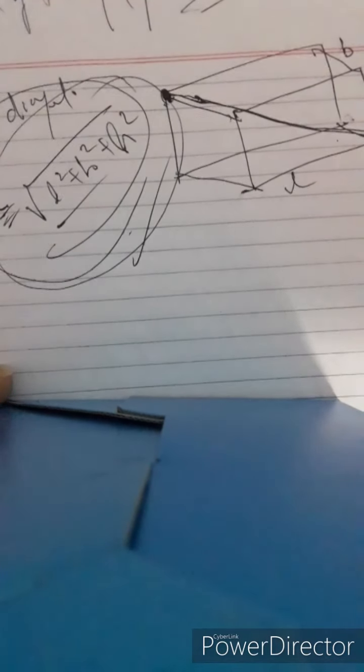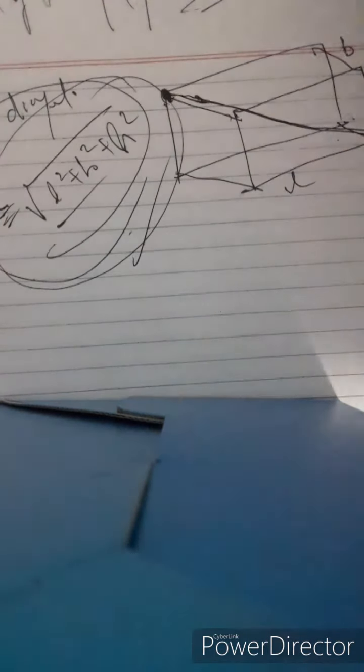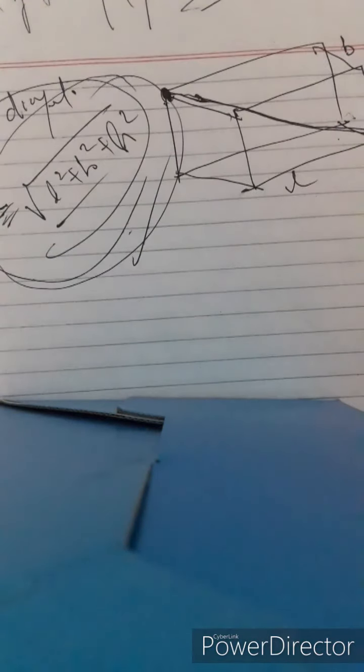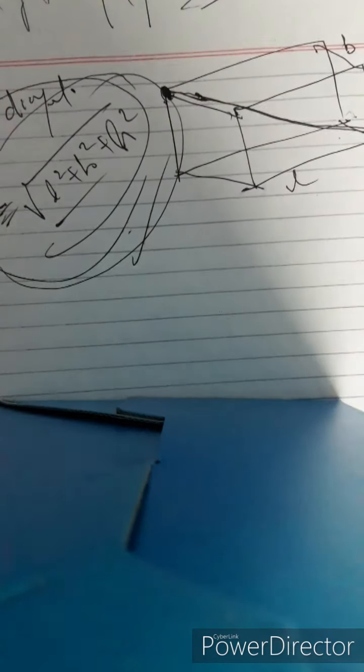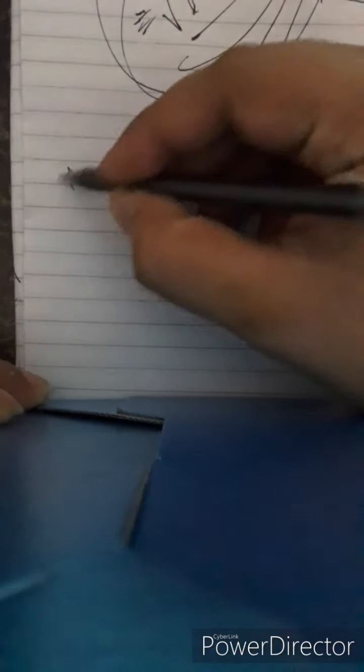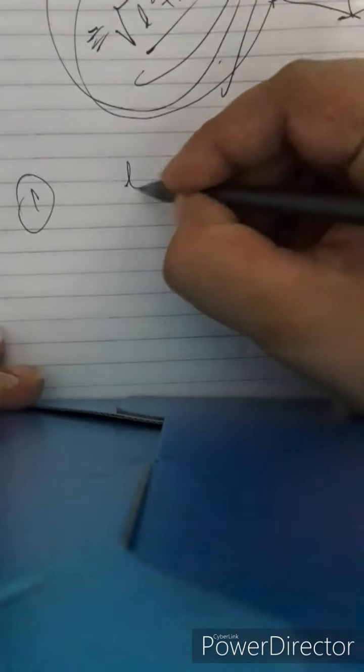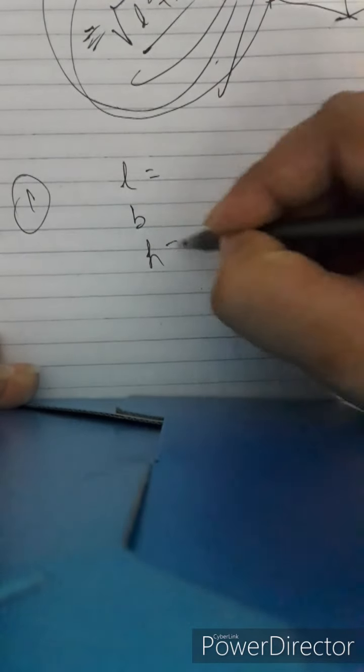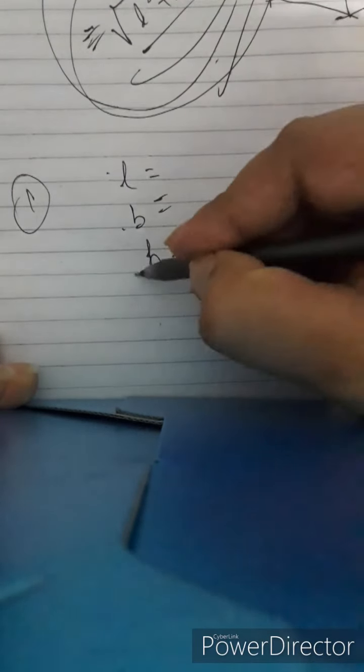Now let us take a look at a few examples regarding cubes and cuboids. So first example, I will take this one. The length, breadth and height of a box. Since length, breadth and height are there, obviously the box is a cuboid, because length, breadth and height are different here, so the box becomes a cuboid.